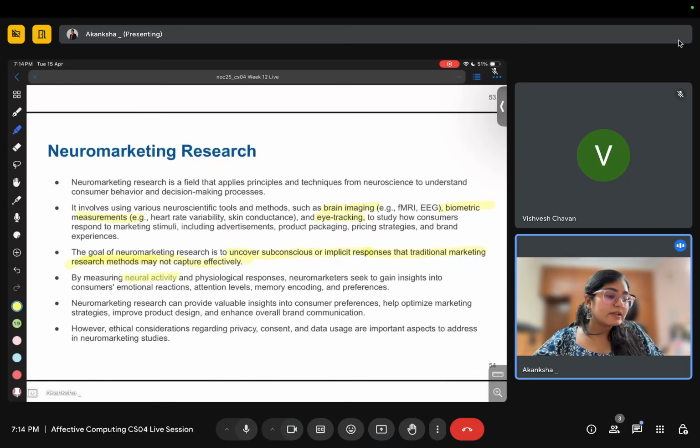So neural activity and physiological responses we can capture, and they seek to gain insights into consumers' emotional reactions, attention levels, memory encoding and preferences. So it can provide valuable insights into customer preferences, which one they liked better.